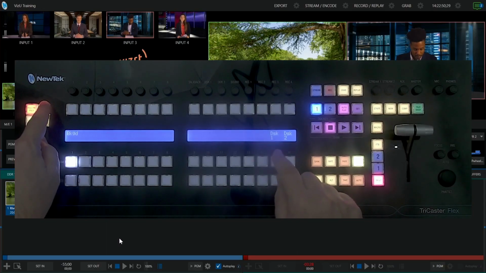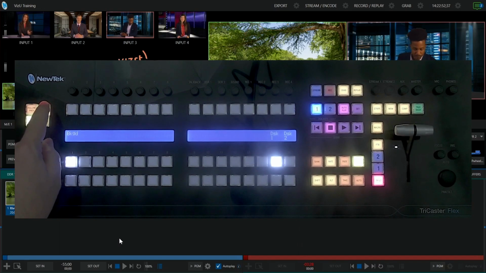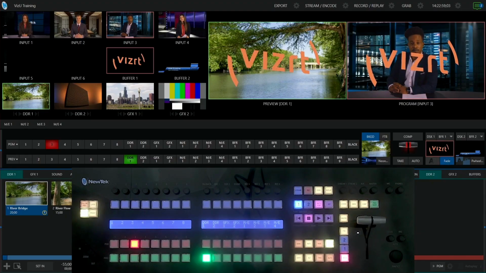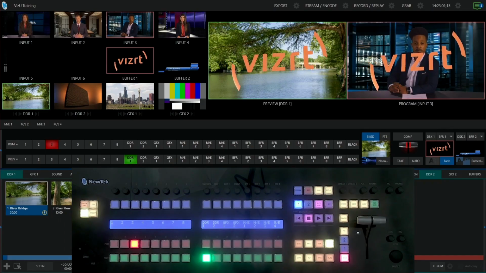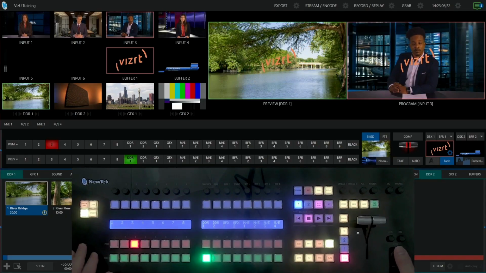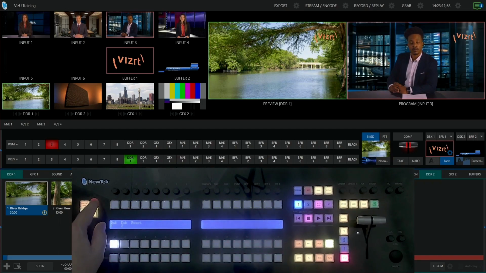Let's control DSK1. I'll select the button on program. And now these are set to control DSK1. Let's display it just so we can see what's going on. You can see the VizRT logo is full screen, but I can then use the buttons here to resize and reposition this element. And if I want to control another downstream keyer, pull down layer again, and I can switch